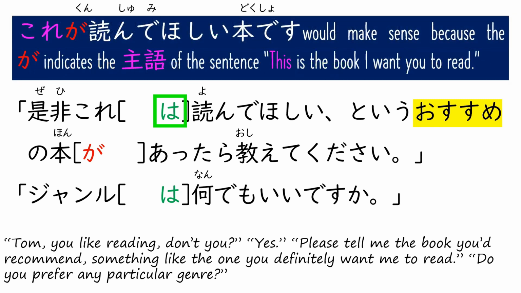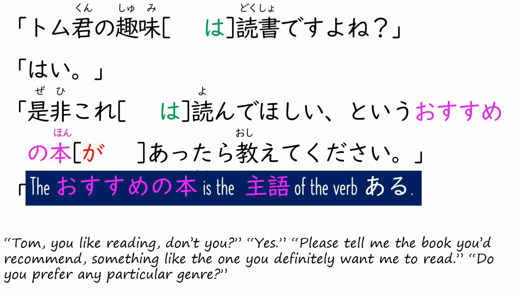Ga can be also used. The ga particle in the sentence これが読んでほしい本です would make sense because the ga indicates the 主語 of the sentence. This is the book I want you to read. おすすめの本 is the 主語 of the verb ある。